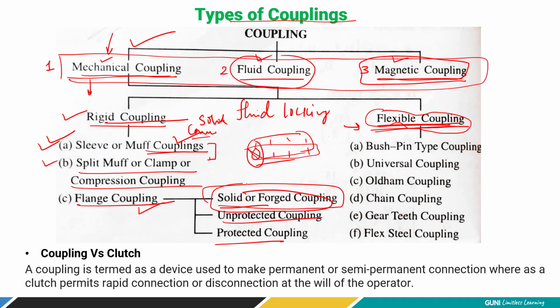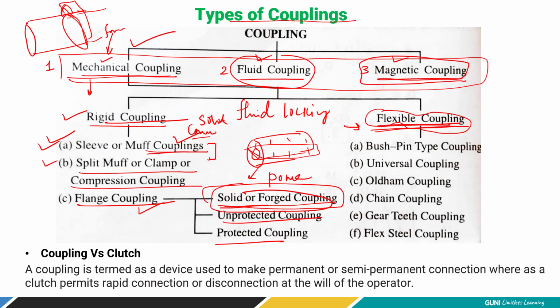Now solid means the flange itself is prepared at the end of the shaft. It's an integral part of the shaft. It is not a separate thing. This kind of coupling is referred to as solid or forged coupling. It is simply prepared on one end of the shaft. It is not a separate part, right? Unlike a muff coupling, we do not simply hollow out and insert by the key. Rather, the end of the shaft is hammered in hot condition and the flange is prepared. So this kind of coupling is referred to as solid coupling. It is used for heavy power transmission like ships and turbines, where because of the solid construction, it offers a very good joint.